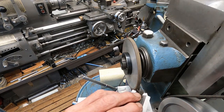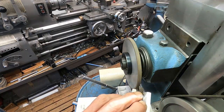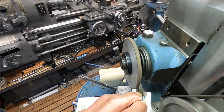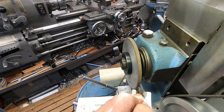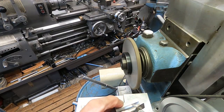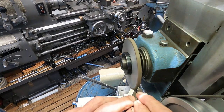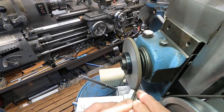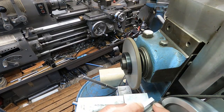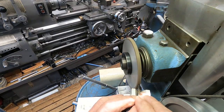let's see how I'm doing here. Get the light over. I think that light's probably pretty good, and I'm going to start the grinder, and I'm just going to start that nose radius. And I hope you're all doing good this morning, and I hope your nose radiuses go good. There we go. This 150 grit 5-inch diamond wheel. Let me see, I figured out that if I set it just about like that and just ease that nose radius in,